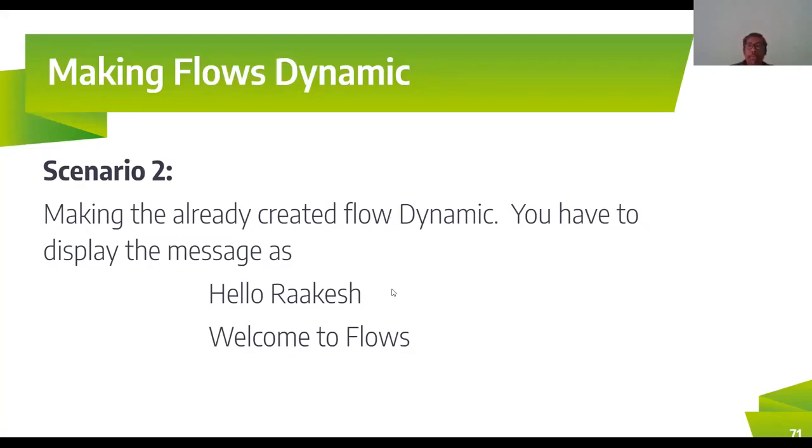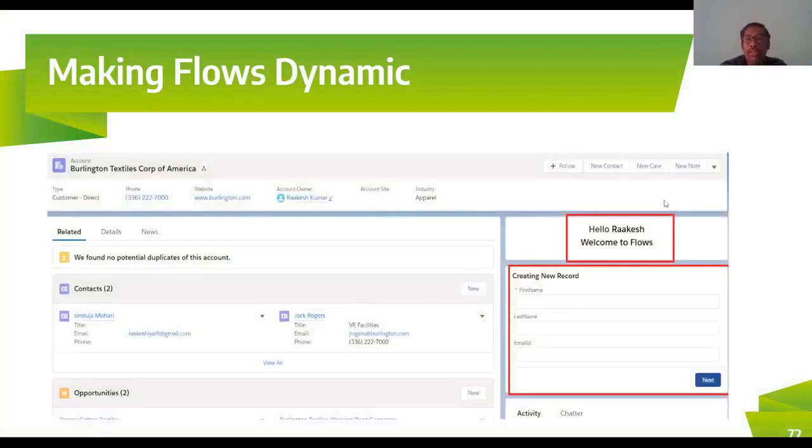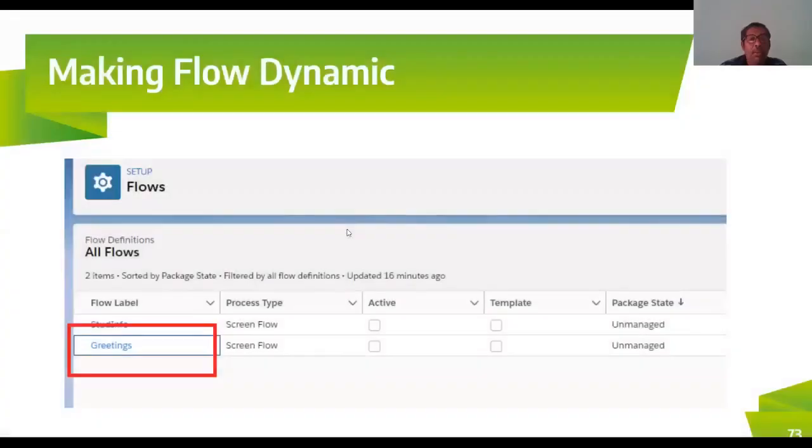But now I'm going to change it and make it dynamic. Whatever I enter, based on that, it is going to take the detail from the database and then display hello Rocky. So hello followed by the name should come here. Like this, it has to come: Hello Rocky, welcome to flow. So now for hello world, I'm going to remove world and change it to Rakesh, so that the flow becomes dynamic. Now let me get into this.